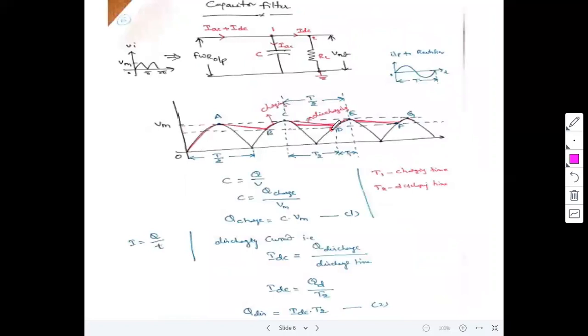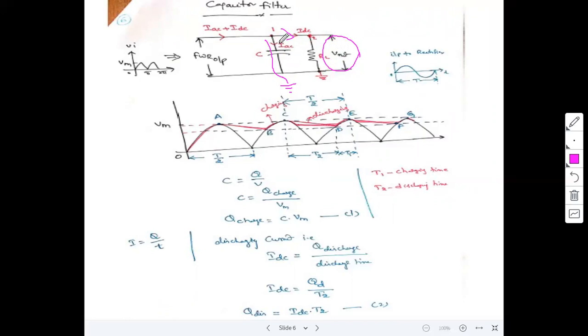Then coming to the next one, the capacitor filter. Observe here, the inductor is connected in series and allows the DC component, so the filter output consists of DC components only. In the capacitor filter, the capacitor is connected in parallel to the input signal. Why parallel? Because the capacitor allows the AC signal, and all AC signals are transmitted to the ground. The capacitor does not allow the DC component, so all DC components appear at the output.